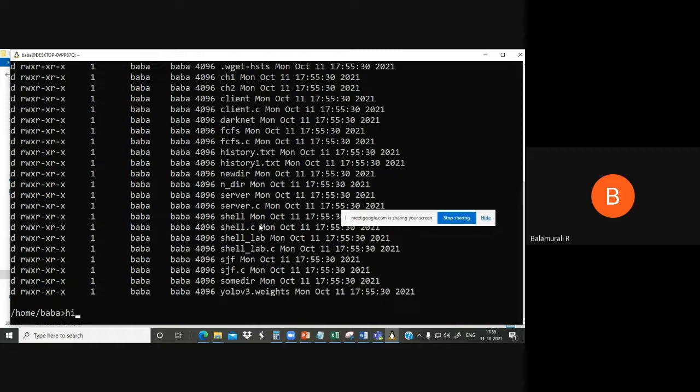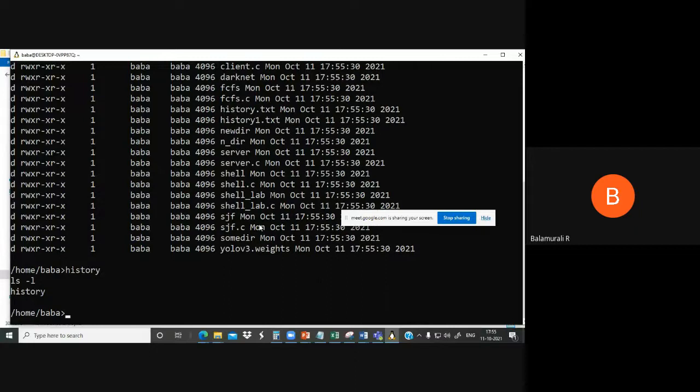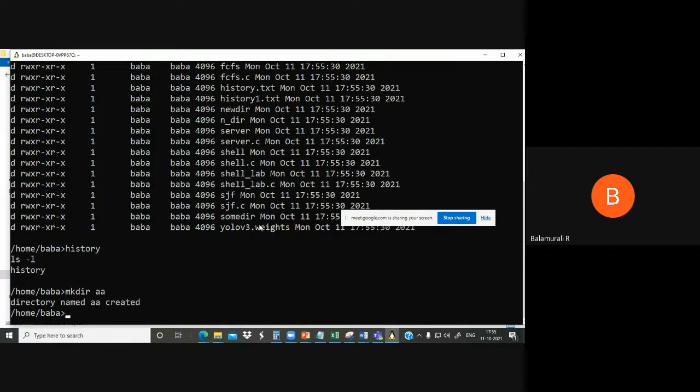Yeah, it's working. Now it contains only one command. Our history will give only one command, right? Because it has only one command. We can give more commands and then we can check.